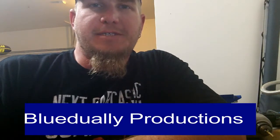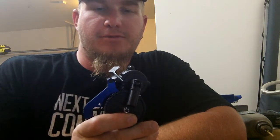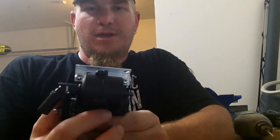Today we're working on the CXT again. Actually getting some transmission mounts made up for the Traxxas transmission I'm running. Got a piece of angle iron in there. Did have to trim it out a little bit to clear the little nub right here, probably can't see it in the molding, but